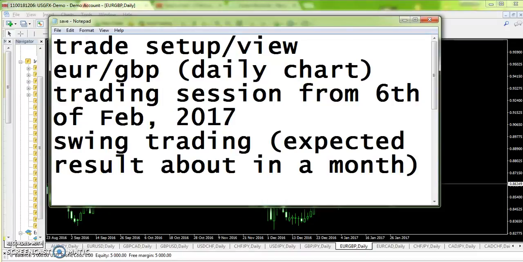Hello guys, this video is a trade setup of EURGBP, your euro versus Great British Pound, and would be applicable on daily chart. Remember, you may apply it on a trading session starts from 6th of February 2017 onward. This setup may be called a swing trading setup, and the expected result, our desired results, may become in about